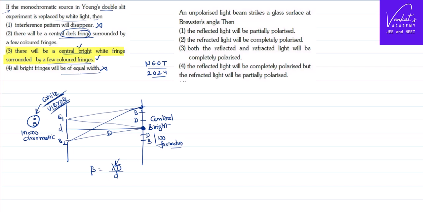Let's look at the next question. An unpolarized light passes through a glass surface at the Brewster angle. First we shall remember what we mean by the Brewster angle. That is a particular angle of incidence striking a surface. With respect to the normal, if you are incident at a particular angle called Brewster's angle, or angle of polarization,